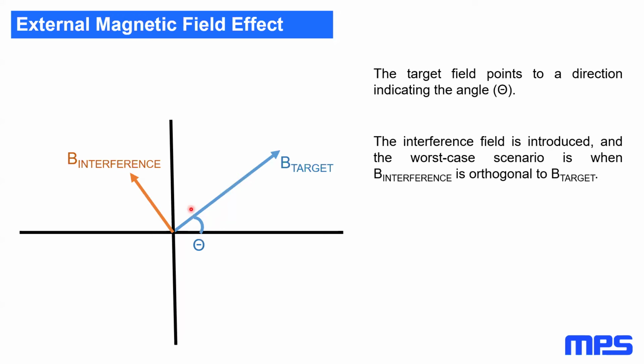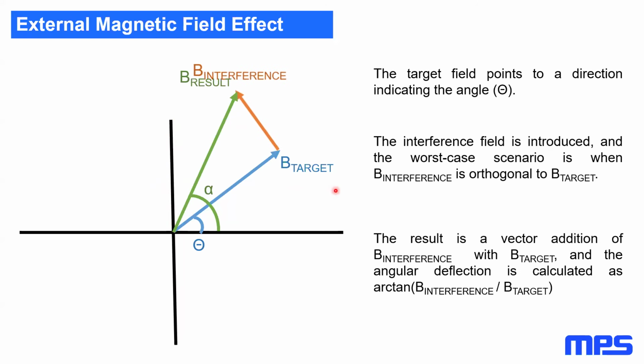And in fact, even if I have an external field that's opposite of B target, the angle is still the same. It will reduce the amplitude unless it happens to reduce it to 0, but that's a special case. So we're going to look at the worst case scenario. The worst case scenario is an orthogonal interference field. And when that happens, here's our vector math, but don't worry, it's all visual. Oh, that's not the greatest with my guys up here on top of each other. But anyways,